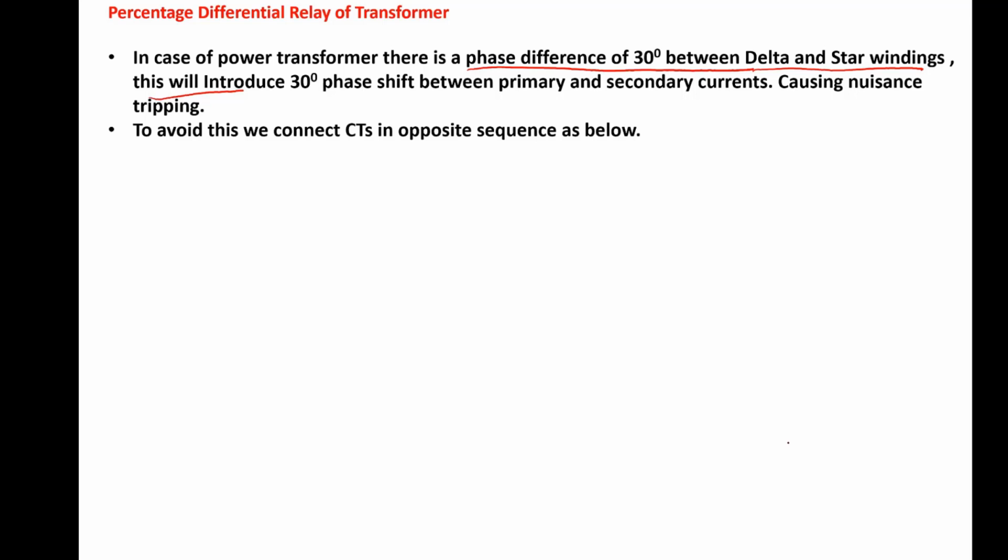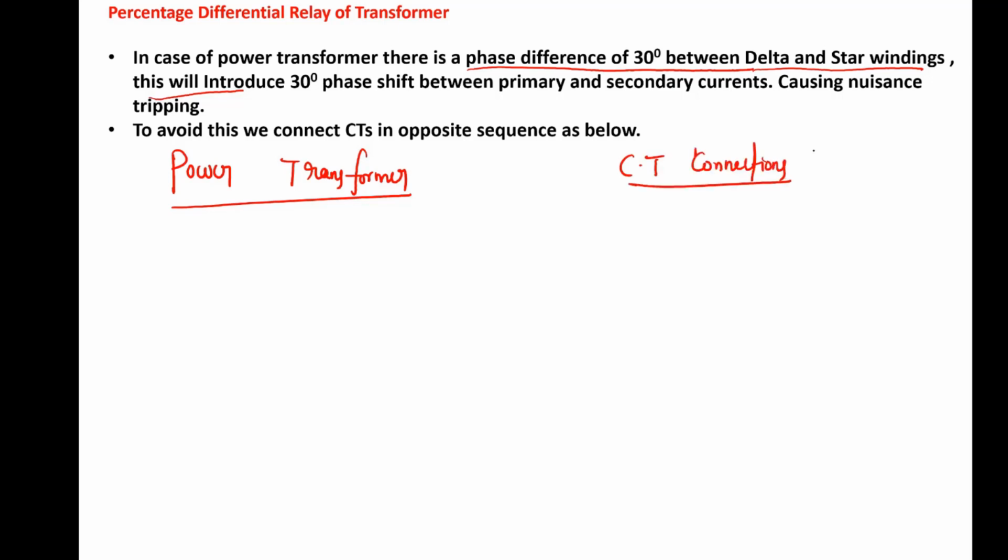So this phase angle difference will cause error in tripping. It will cause nuisance tripping. To avoid that, the CTs on either side of the transformer are connected in opposite sequence to nullify this phase angle error. That means in your power transformer, this is the power transformer connection, and this is the CT connection which we make